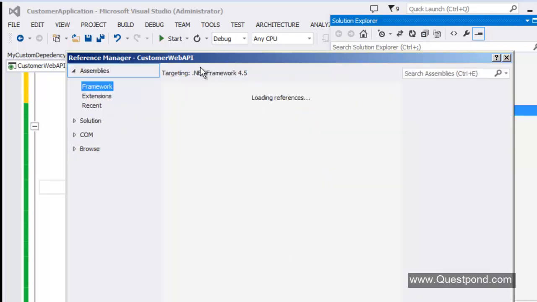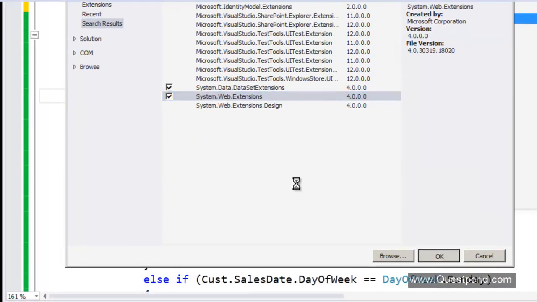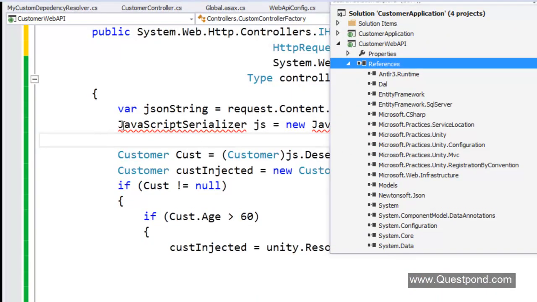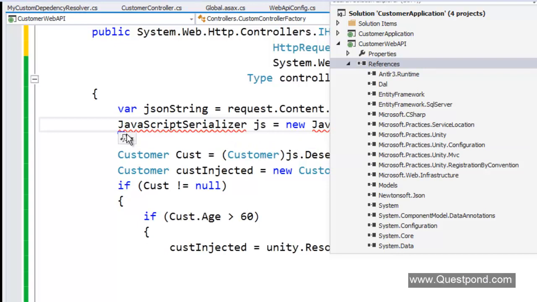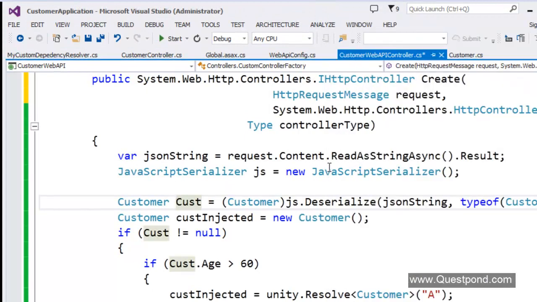Okay. So I'm going to go here to the frameworks, to the assemblies. There you can see system.web.extension. So let us take this namespace and let us refer it. And here also let me resolve this error, because now I already have the namespace. So I just need to put it in the using. So there it is. So that error is now gone.